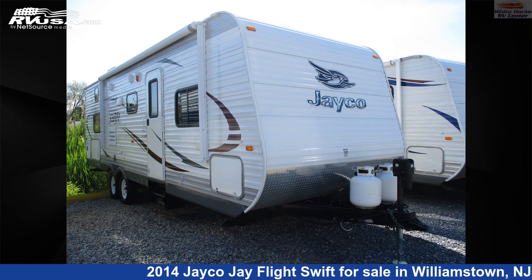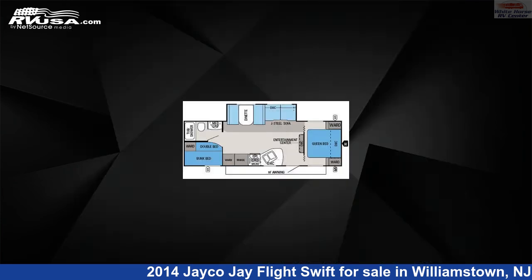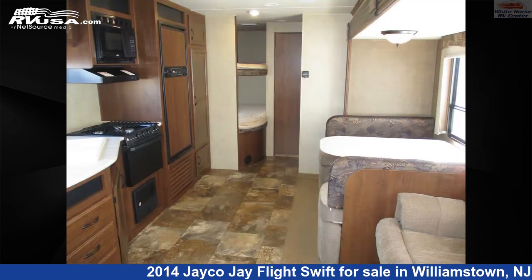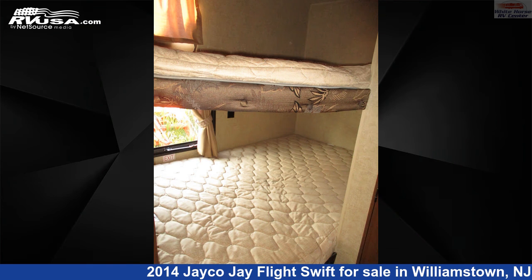This 2014 Jayco Jay Flight Swift 267 BHS2 BDRM Slide, DBL Bed Bunks is a travel trailer RV. It is located in Williamstown, New Jersey, 08094 and is offered for sale by White Horse RV Center. This used Jayco is 29 feet 11 inches in length and features one slide-out, a tan, brown classic neutrals interior,